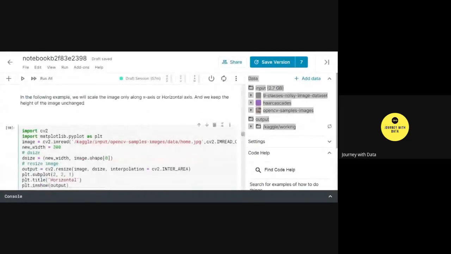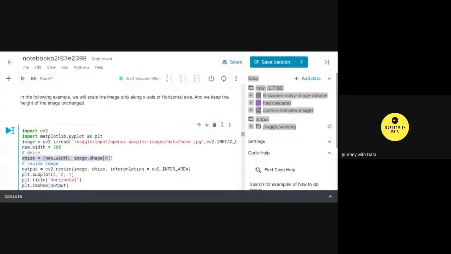So just read the image using imread, and define a new width. I'm defining a new width of 300. Now I'll not change the height this time. Instead of using the accessor from the shape method and then multiplying it by a scale factor, I just defined a new width as 300, and then created a dsize using the new width and then the height from the shape method.